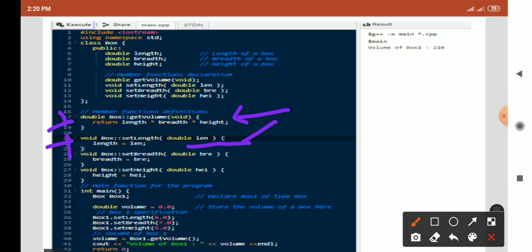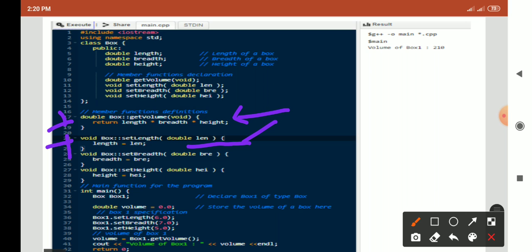Note down this point: if you do not return anything, then you have to write void, and if you are returning any value, such as an integer or double, then you have to write that return type.